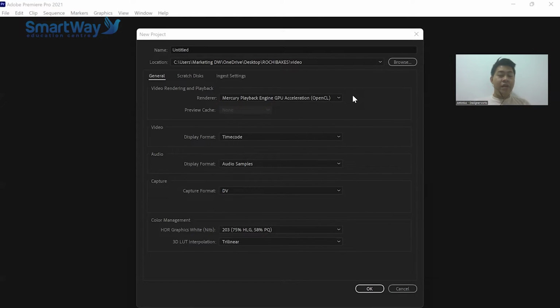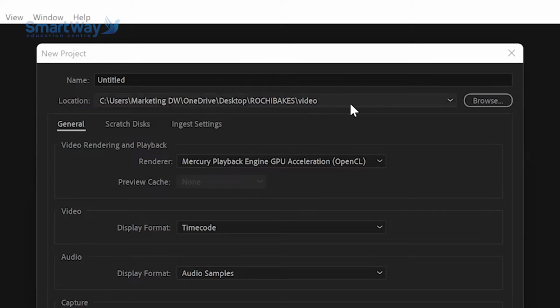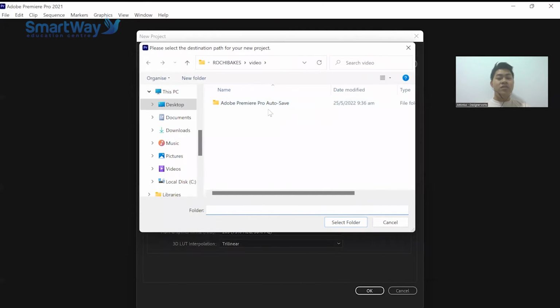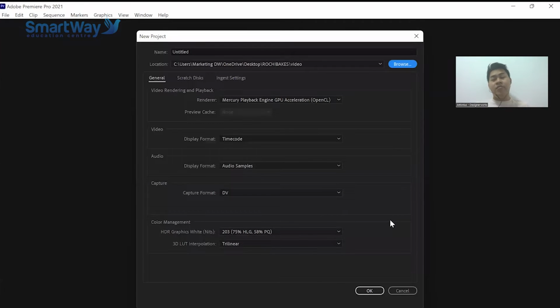So when every time you create a new project, this setting will come up with the untitled and the location. So this is actually a standard setting by Premiere Pro. You can determine where you want to save the location. So once you click the browse, by default you will also see a folder named Adobe Premiere Pro Autosave. So that folder, don't mind it and try not to delete it because it actually contains the backup file of